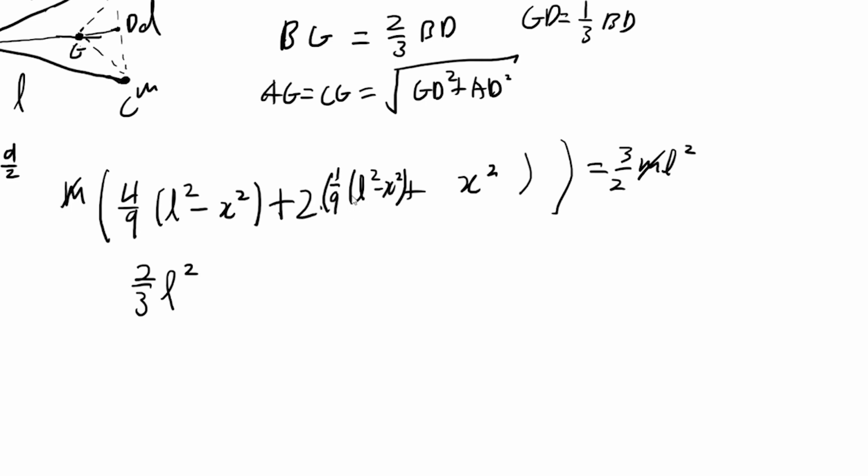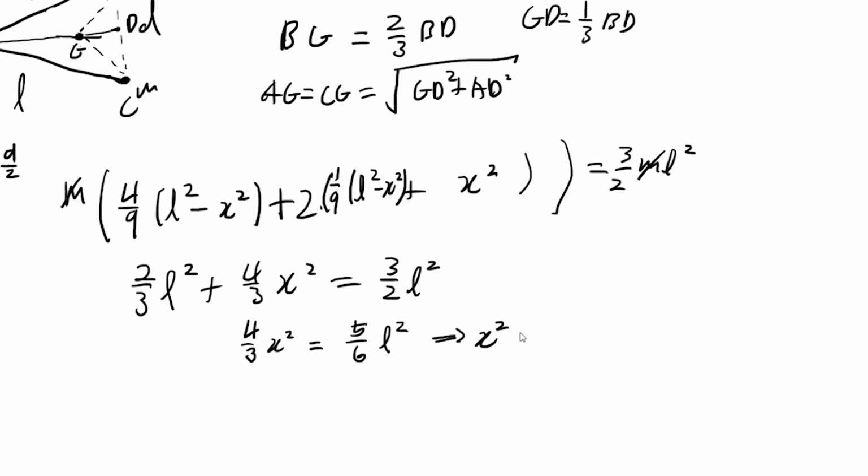And we have negative 4/9 X squared here, minus 2/9 X squared here, and then plus 2x squared here. So that's 2 minus 2/3, which is equal to 4/3 X squared is equal to 3 halves L squared. And we have, so 3 halves is equal to 9 over 6, and 2/3 is equal to 4 over 6. So we have 4/3 X squared is equal to 5 over 6 L squared,